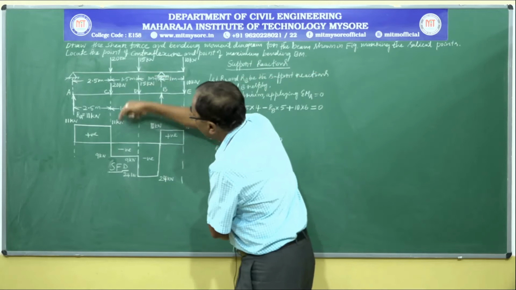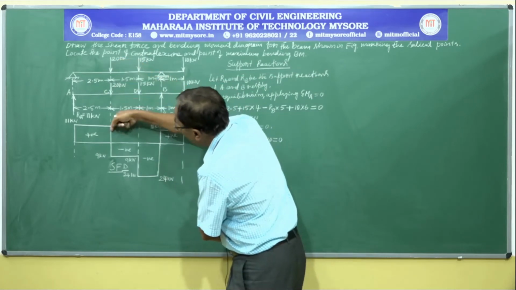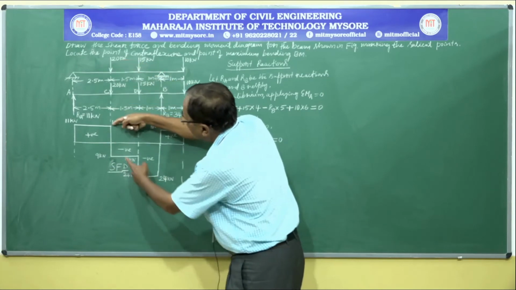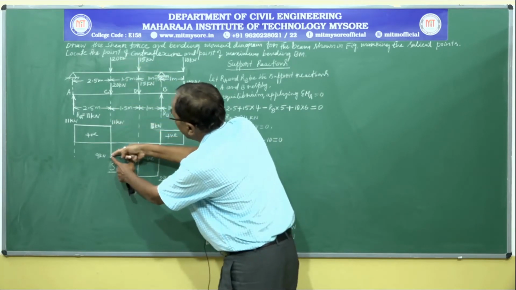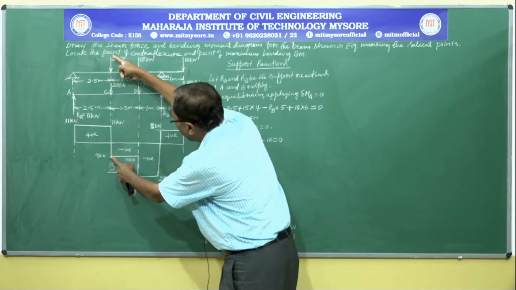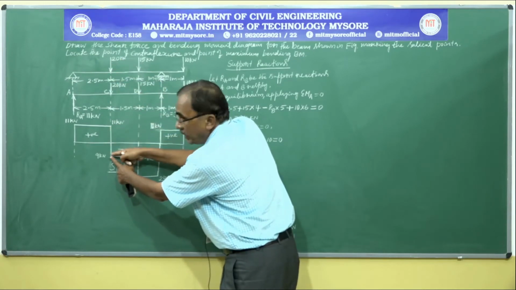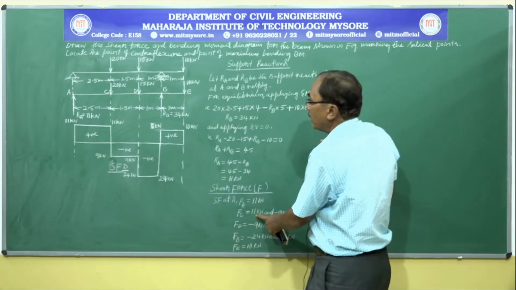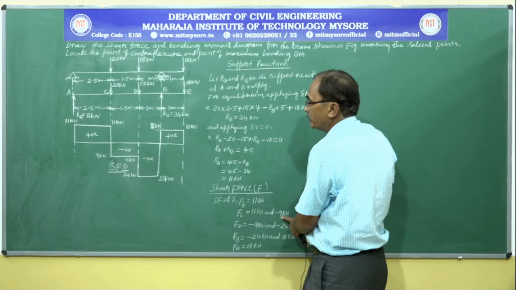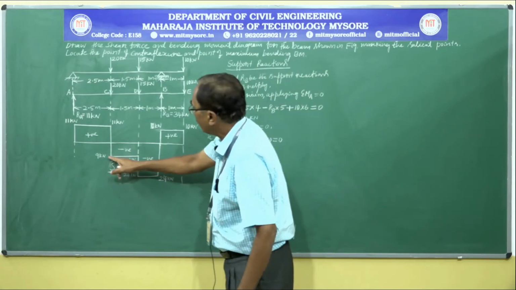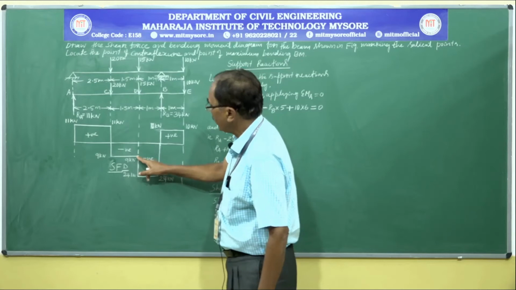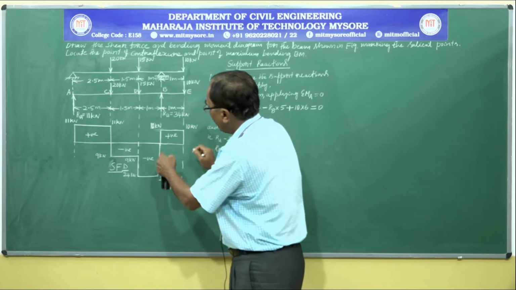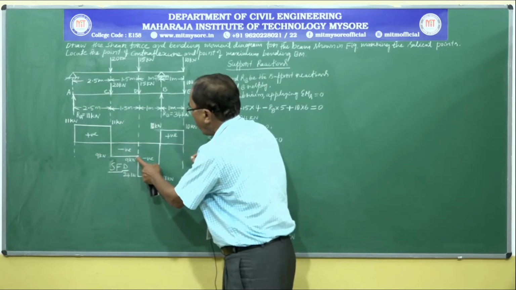After reaching point C, again there is a downward force because we moved by 20 kilonewton and it has crossed the reference line by 9 kilonewton, and the variation of shear force diagram is a vertical line for point load. So two values are written here, 11 kilonewton and minus 9 kilonewton. Next, between C and D no load, variation is a horizontal line. At point D, after reaching point D also it is 9 kilonewton.